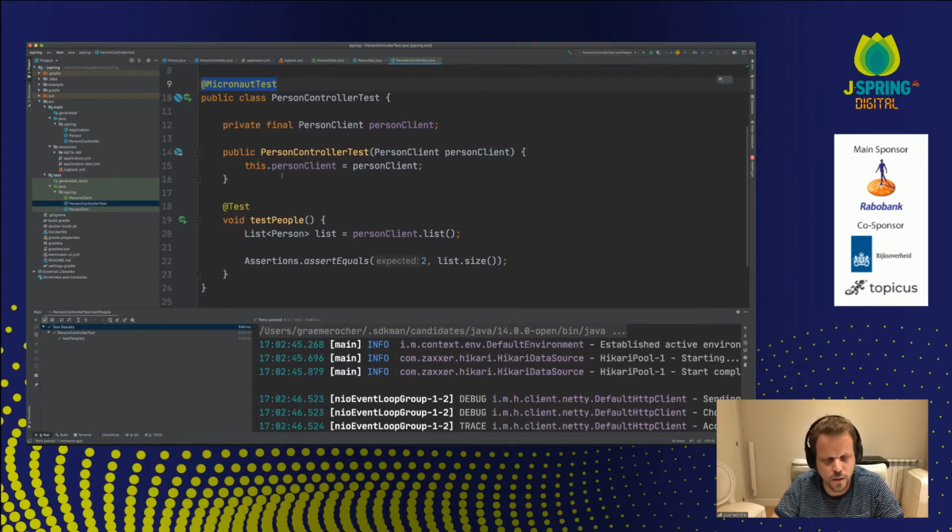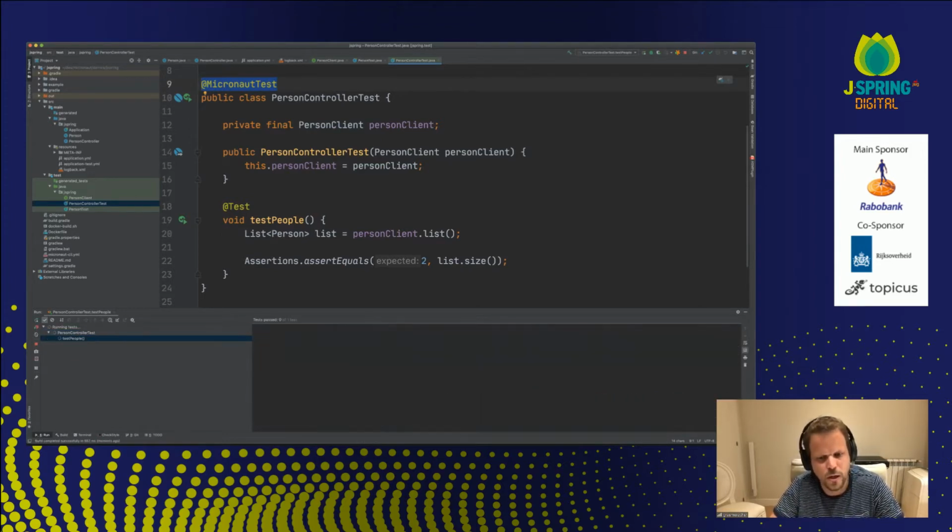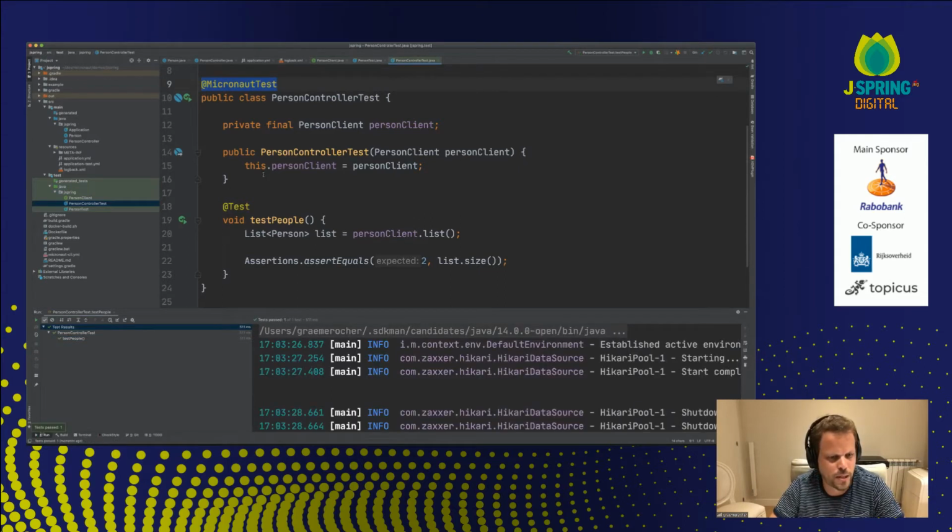In the past I worked on so many projects where people have not wanted to write integration tests or functional tests because the server starts too slow, right? That shouldn't be a factor in your decision when writing integration tests. And it's not with Micronaut. Running integration tests is as fast as running a unit test. They're blazing fast. As you can see here, when I ran that test, it executed in 511 milliseconds.